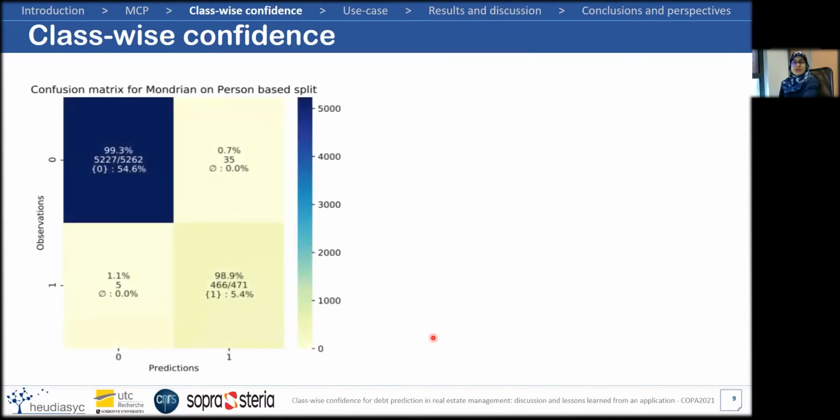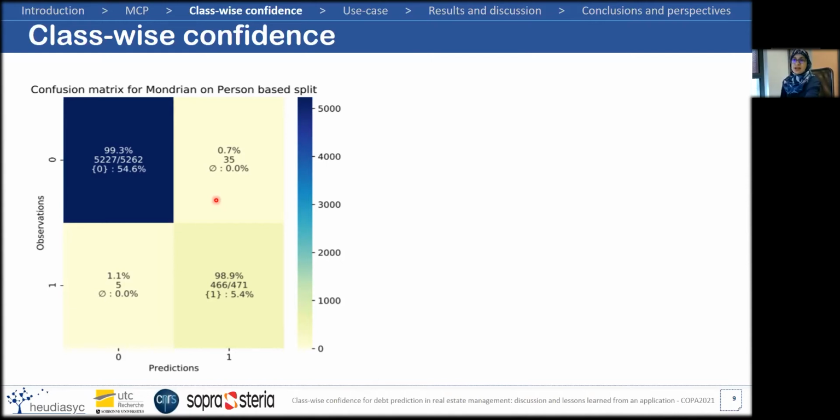So what we got with our experience is this matrix, the confusion matrix here. It's a standard confusion matrix, but with just a bit of information added. This is due to the fact that conformal prediction in the binary classification case gives us three types of predictions,